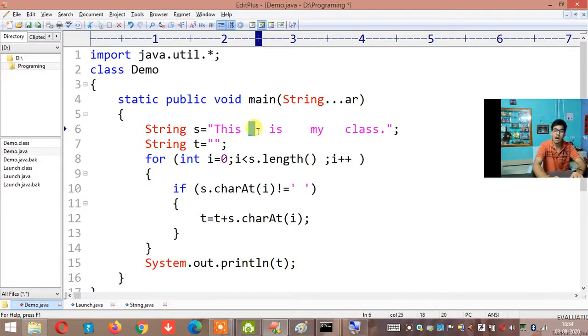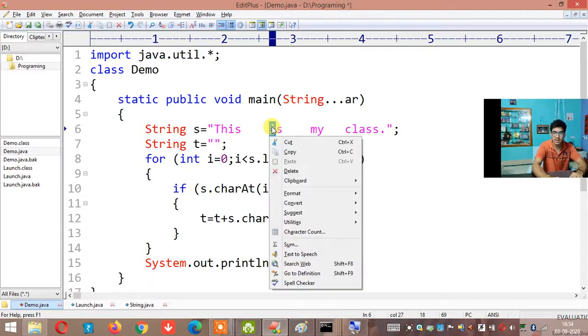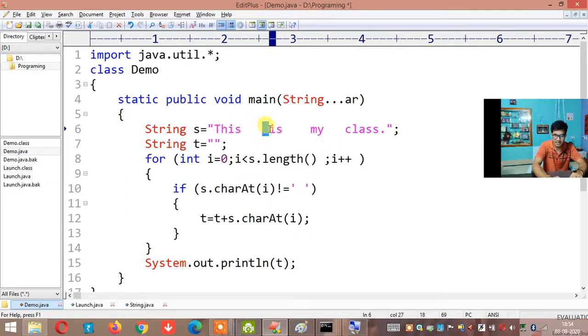How do you make sure that you are always adding the last space? The last space is nothing but the ith character is a space, but the next character is not equal to space. Agree or not? The ith character is a space, but the i plus 1th character is not a space. So what I have to tell is, hey, a space is simply a space, you don't add it.